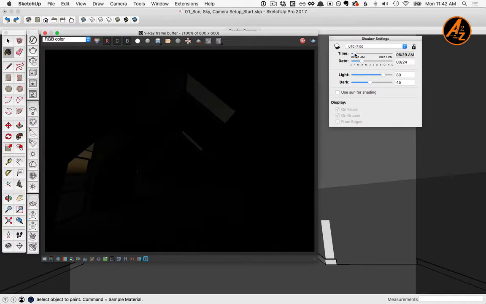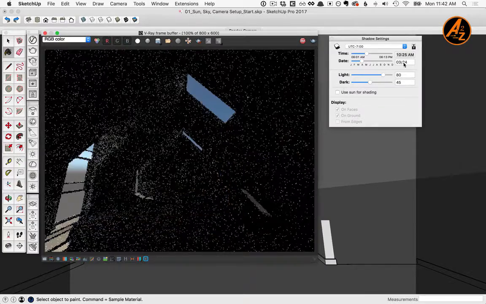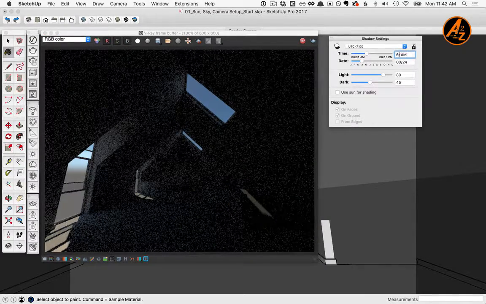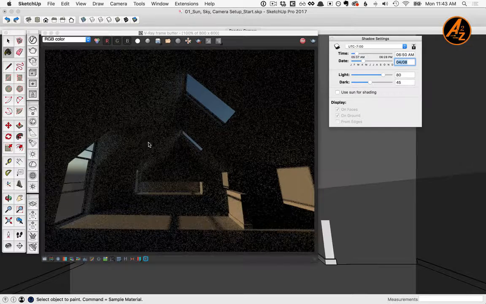Checking what time of day it is and day of the year, we can get more sun to shine through. For this example, we're going to set the time to 6:50 in the morning and the date of the year to April 8. Once you've got the general position of the sun figured out, the next option for brightening up this image is